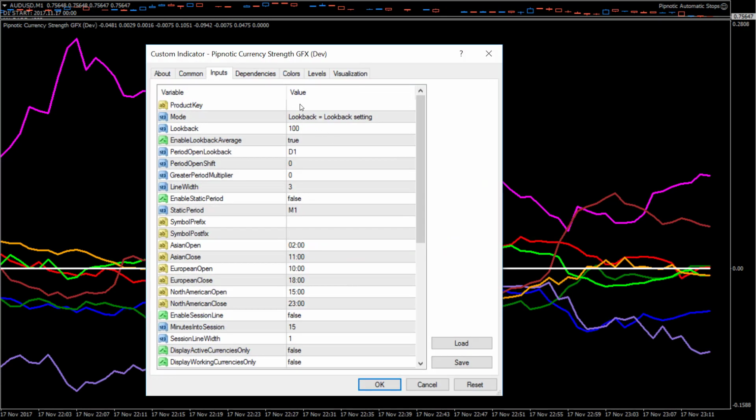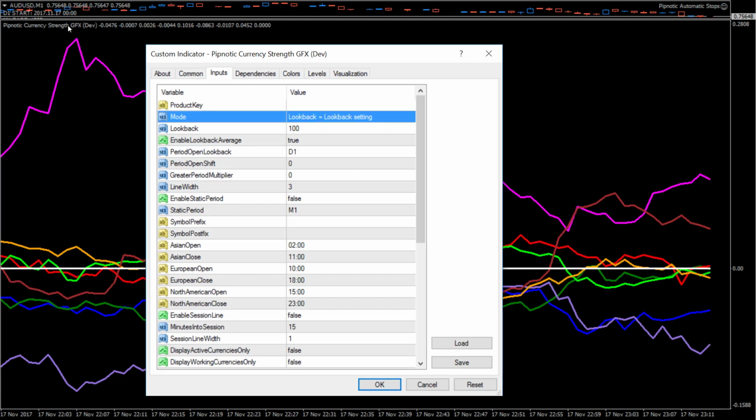So this is simply a look back setting. In most currency strength indicators you'll find on the internet, they'll have this as the only option, and it's a fine option. It gives you kind of a minimal functionality and value,